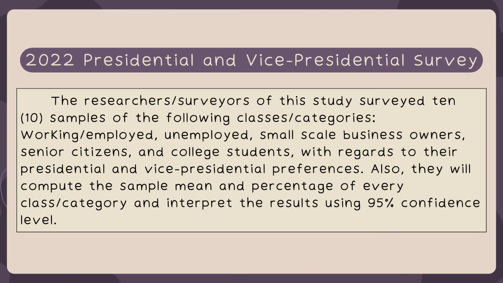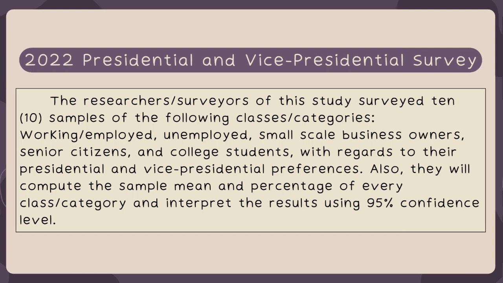Our group was tasked to do a 2020 presidential and vice presidential survey, and here is our introduction. We, the researchers or surveyors of the study, surveyed 10 samples of the following classes or categories: working or employed, unemployed, small-scale business owners, senior citizens, and college students with regards to their presidential and vice presidential preferences. Also, we will compute the sample mean and the percentage of every class or category and interpret the results using